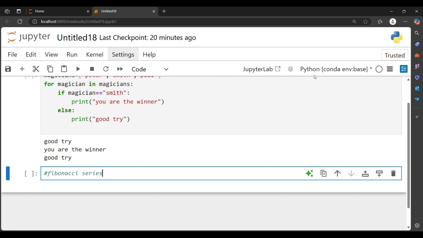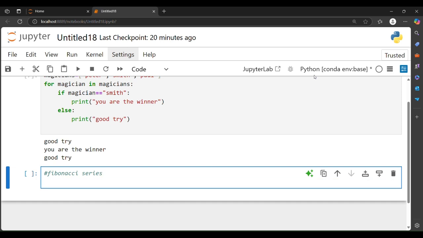So first of all, we should know what is Fibonacci series. Fibonacci series is basically the series in which the previous number will be added to the next number and it will sum it like that. If my first number is 0 and my second number is 1, the third number will be the sum of the previous two numbers. So it means that